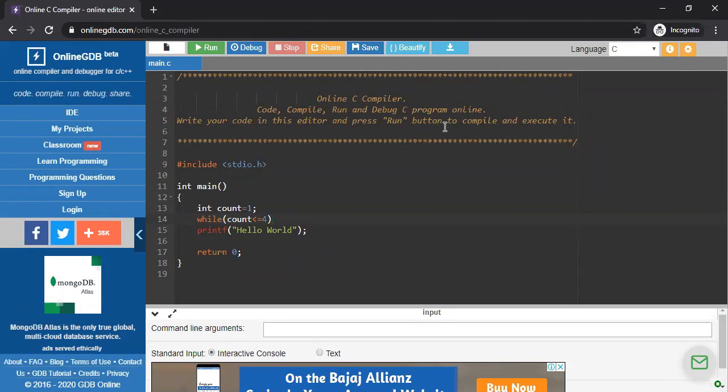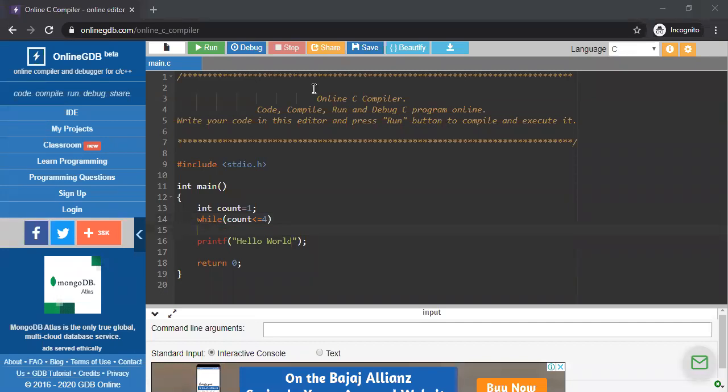And next I'm going to write a condition, which is after while. So I am here using while. After that, the condition. What is the condition? Condition is count less than or equal to 4. And I've already told you that there is no semicolon. In a normal case, there is no semicolon after while when we use only while. So there is no semicolon after while. One curly bracket is open here according to my syntax.